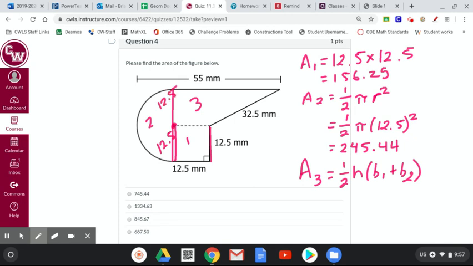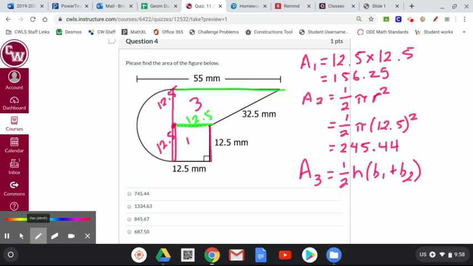And then our base 1 and our base 2, well, we know this base here, we'll use a different color. This is going to be our one base, and this is going to be our other base. Well, our one base here is 12.5,